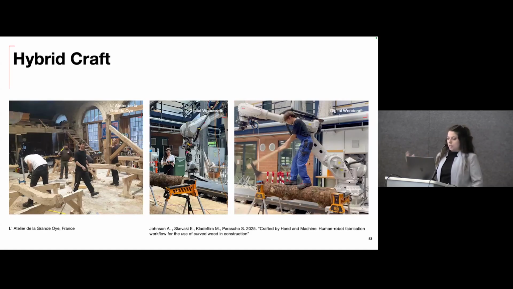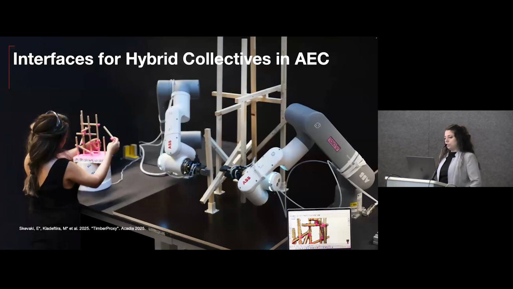What you saw before was a project that looked at how we can actually work with reclaimed materials that have a lot of uncertainty and a lot of other things that we need to consider. We also look at topics like hybrid craft and how we can reimagine our crafts with technology. What are the things that we choose to transform into automated parts of the system versus things that are really valuable for humans to maintain agency and control.